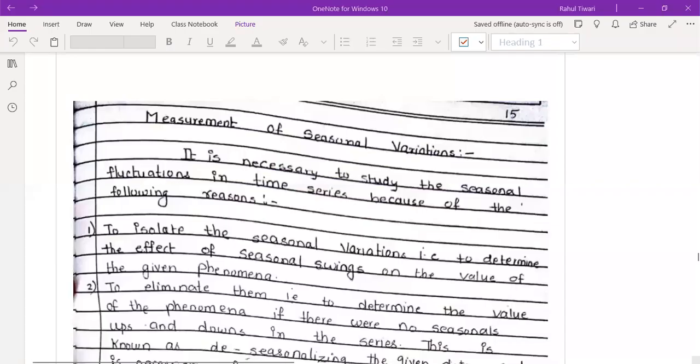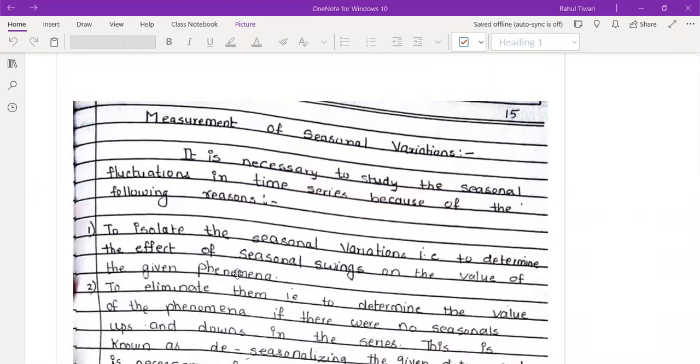We may know a lot of fluctuation arises in the series. So to remove those fluctuations, we need to use some measurement. Okay, so that's why it is always called a measurement of seasonal variations. Why not other measures? Because only the seasonal variation will be more profitable. Because if you do any project or any business in season time, you will have more profit